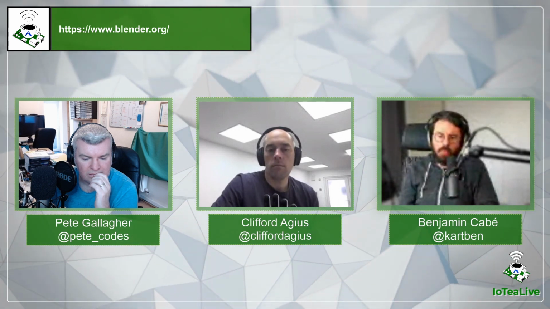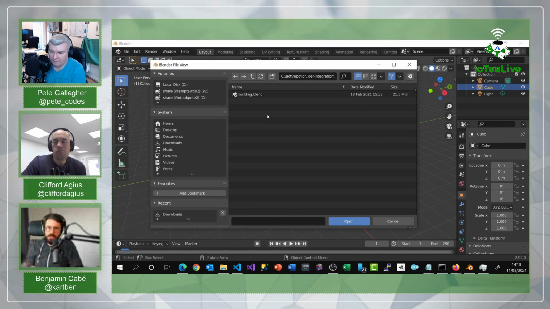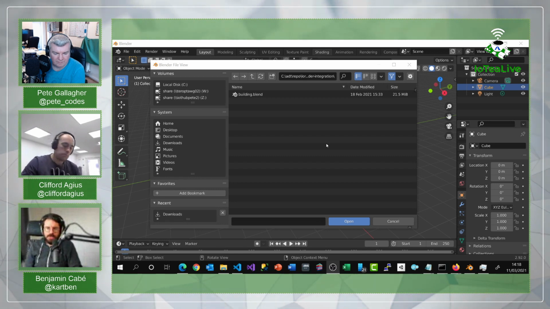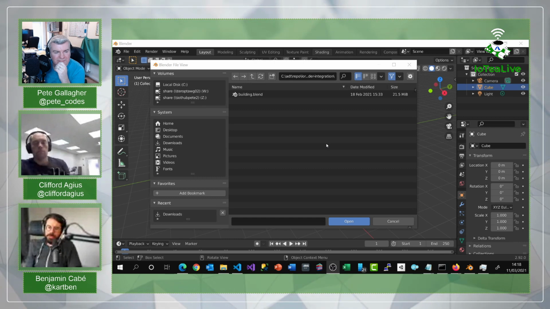So that's what we're actually going to do today. Taking Blender for what it's great at, which is designing all sorts of cool 3D thingies. We've started to look at a use case around building management. We're going to model or reuse an existing model of a building with the rooms and the different floors, etc. We're going to be able to visualize that in Blender, but then we're going to use Python and the Azure Digital Twins Python API